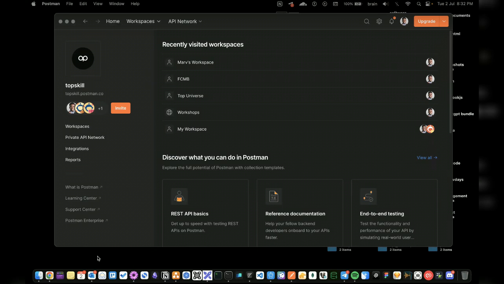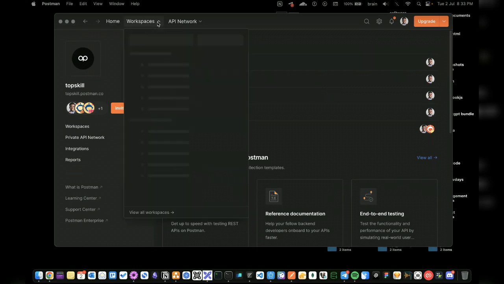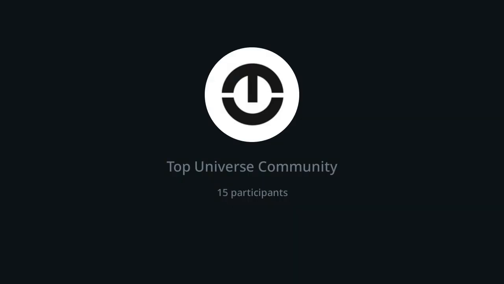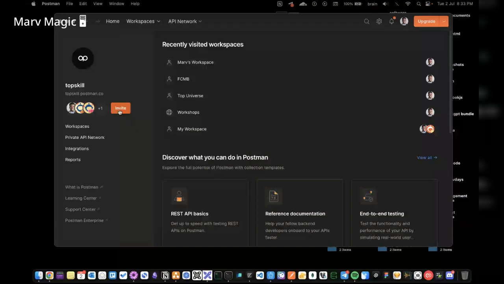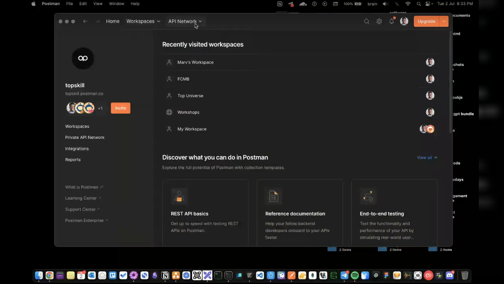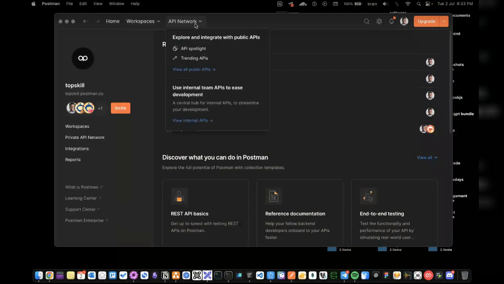You can click on workspace here, and then you can create a new workspace. I have multiple workspaces, as you can see right here. I don't need to create a new one, right? So I can simply click on some of the previous workspaces I have created, okay? And of course, I can invite folks to join me in my workspace, right? So you can see I have some folks right here in this workspace. Well, if I click on workspace now, I can simply select one of the previous workspaces. Before I do that, API network is simply a place to explore and see a lot